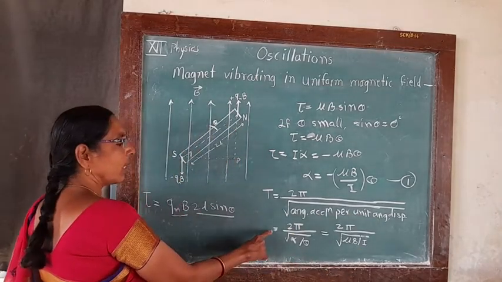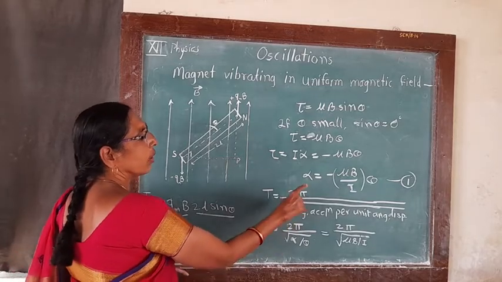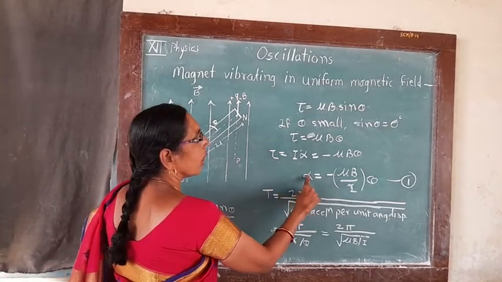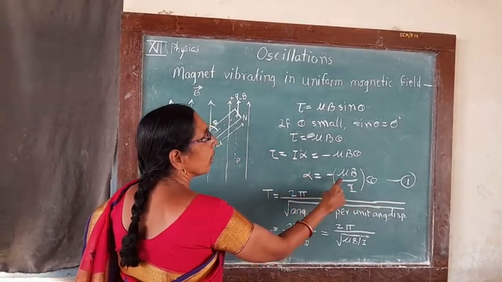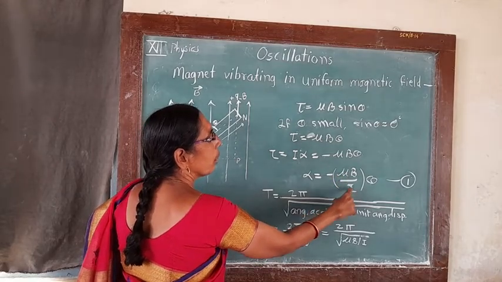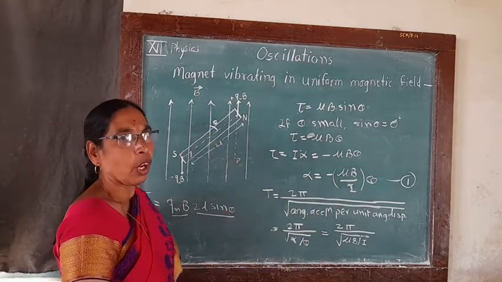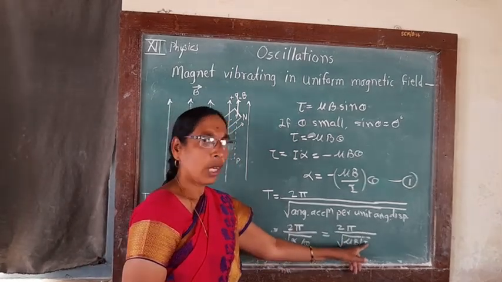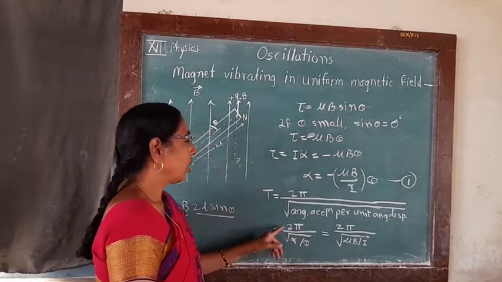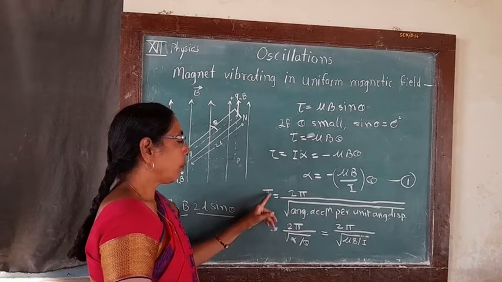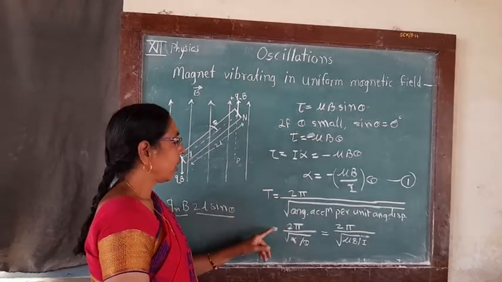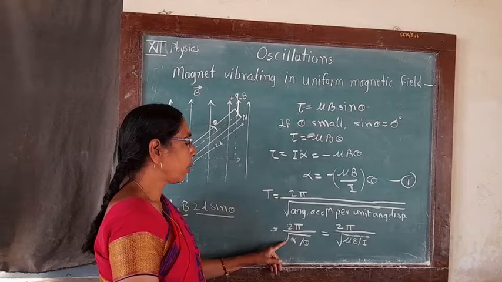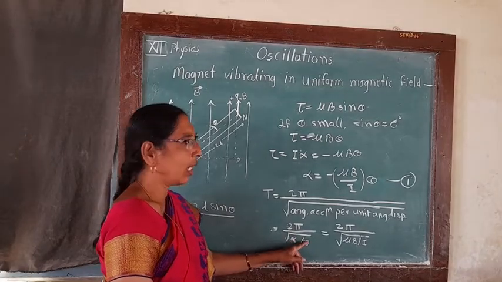From this equation, alpha upon theta will be minus mu B upon I, and the magnitude of alpha upon theta will be mu B upon I. That means the period of the bar magnet is equal to 2 pi divided by the square root of alpha upon theta,